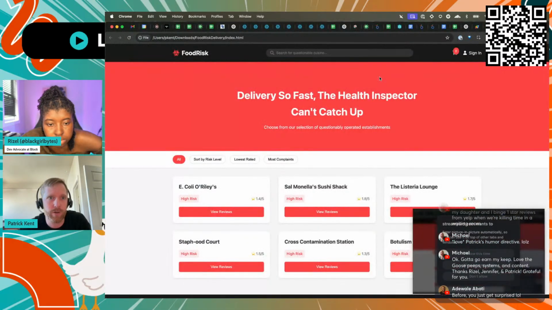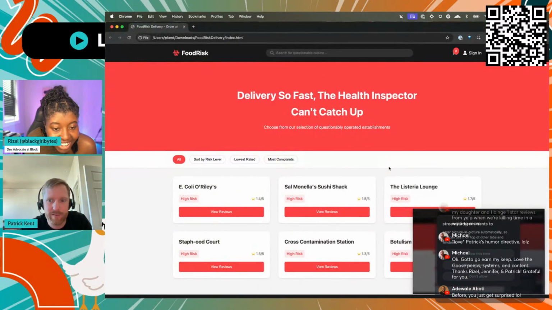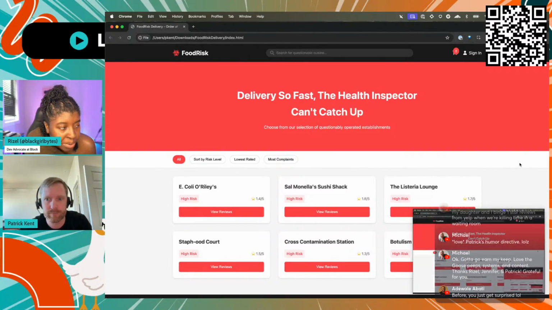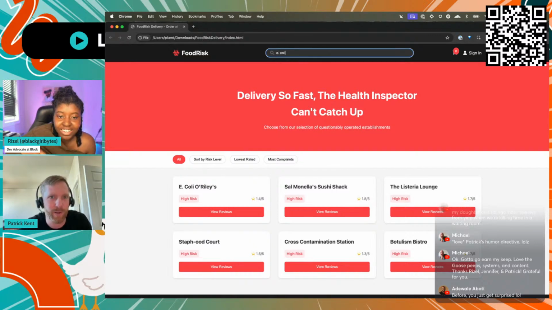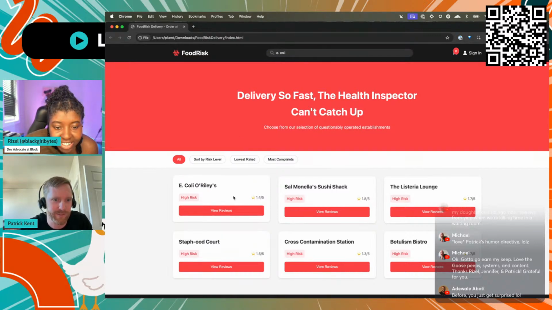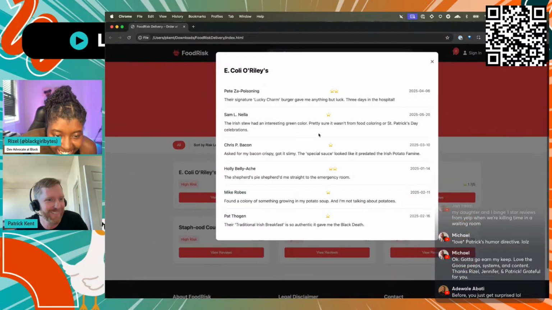I'm assuming, whoa. There we go. Sweet. Look at that. This is cute. And it does look like a food app. Like, I don't know, not necessarily Uber Eats, but Yelpish type of vibes. Yeah. I like it. So sort by risk level. Oh, is any of this clickable? Uh-oh. That's okay. Let's see. E. coli. I wonder if that's, no, that's not. Well, that's all right. So your search doesn't work, but that's just all right. The reviews are here though.